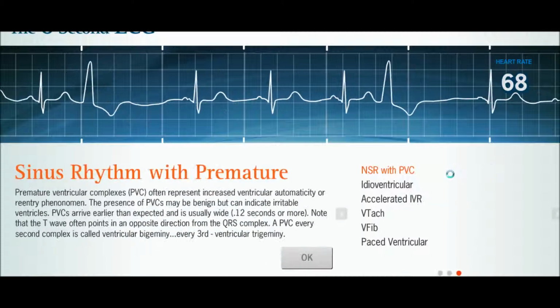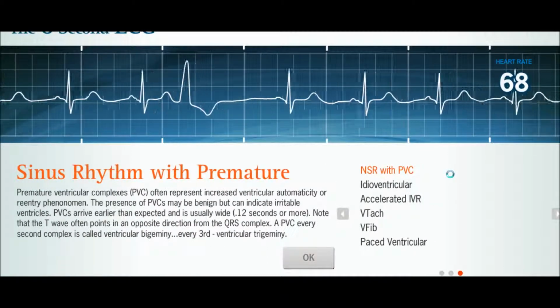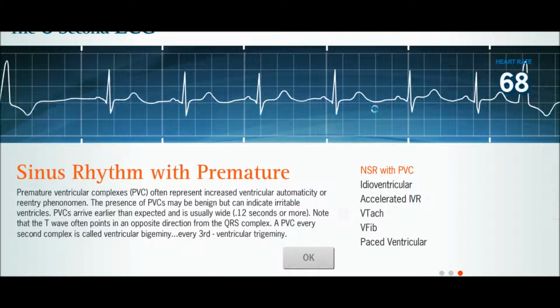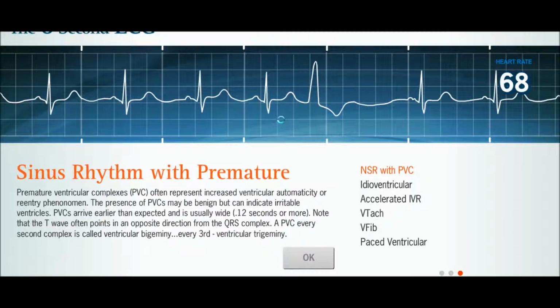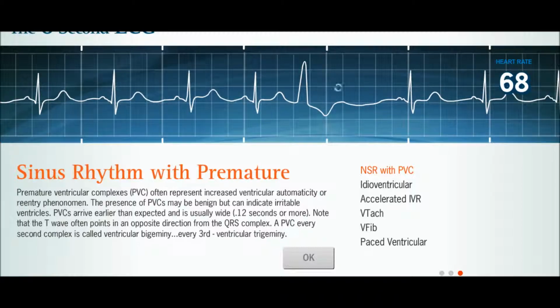So this is also a normal sinus rhythm, which is noted by P, QRS, T. All of them are equally spaced. There's no random depolarizations in between them, except for right over here. So we have a P, QRS, T, P, QRS, T, and then we just have this random spike with an inverted repolarization. So this is telling you, I guess what this is called is, this is a PVC, or premature